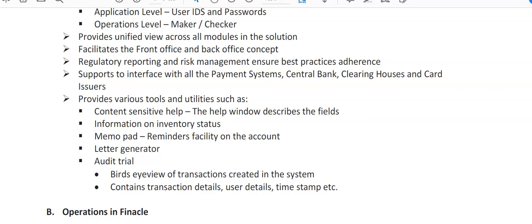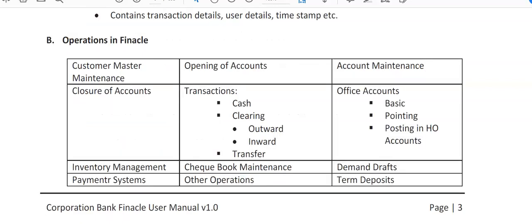Audit trail, bird's eye view of transactions created in the system. Certain transactions, details, user details, and timestamp. Timestamp means when the transaction was made, at what time, at what system it was passed by the maker, and at what time it was confirmed by the checker. So folks,